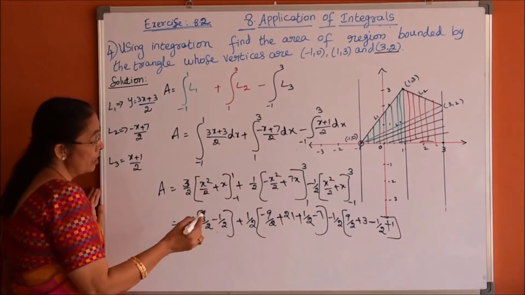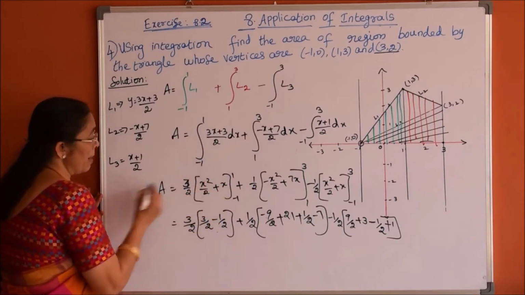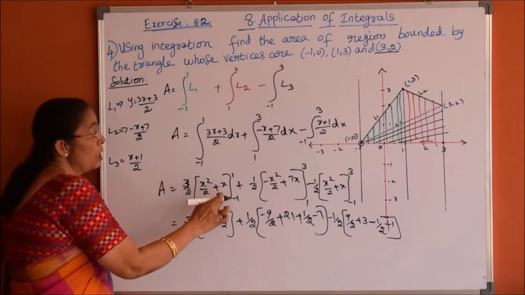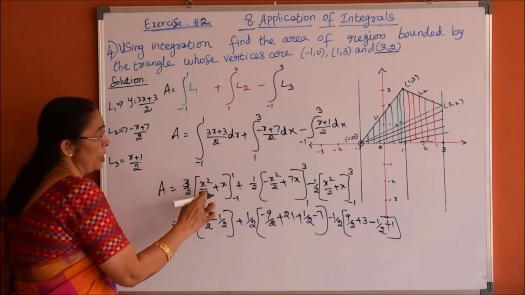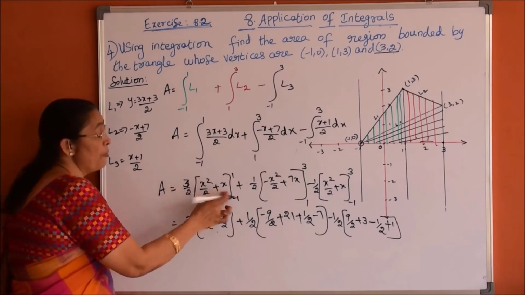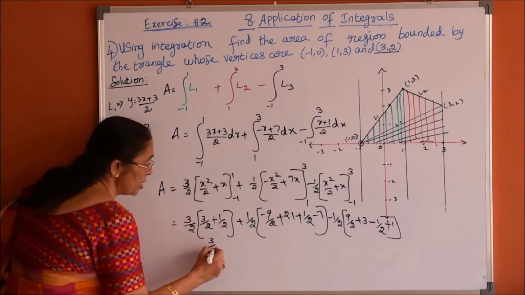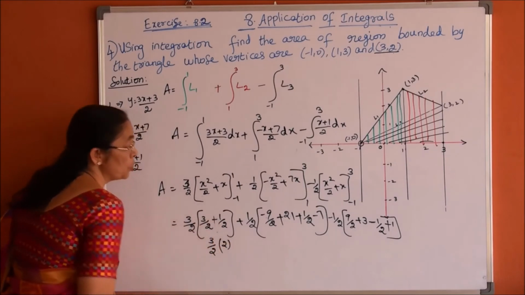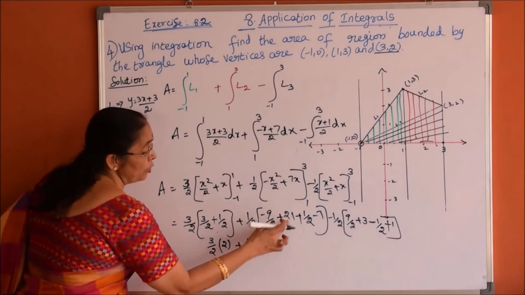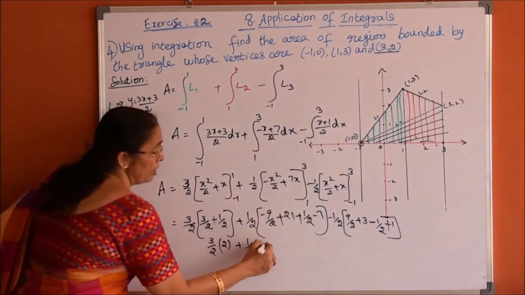Let us simplify this. Now, in the first part, upper limit while applying it is 1 square is 1 by 2 plus 1, 3 by 2, and lower limit is -1 whole square is 1 by 2, here 1 by 2 minus 1 which is minus half, and already we are subtracting, so it should be plus half. Now, it is 3 by 2 of 4 by 2 which is 2, the first part. Now, the second part is minus 9 plus 1 is minus 8 by 2, minus 8 by 2 is minus 4, minus 4 minus 7 is minus 11, 21 minus 11 is 10.